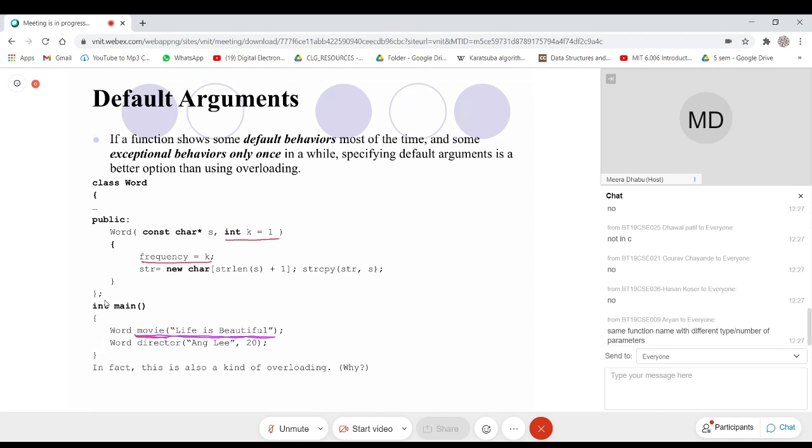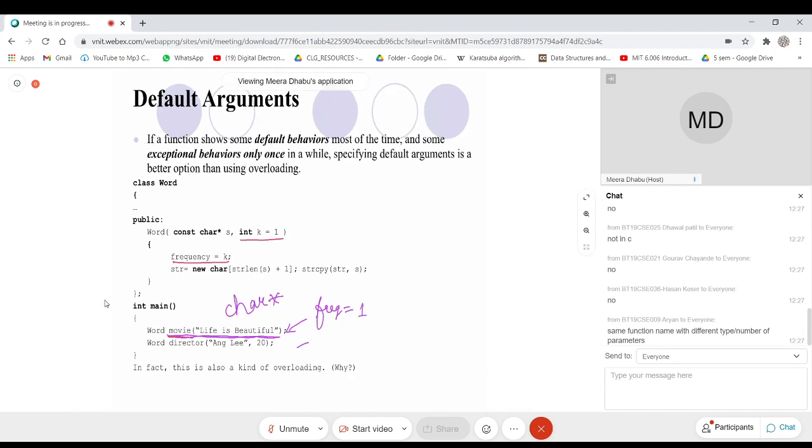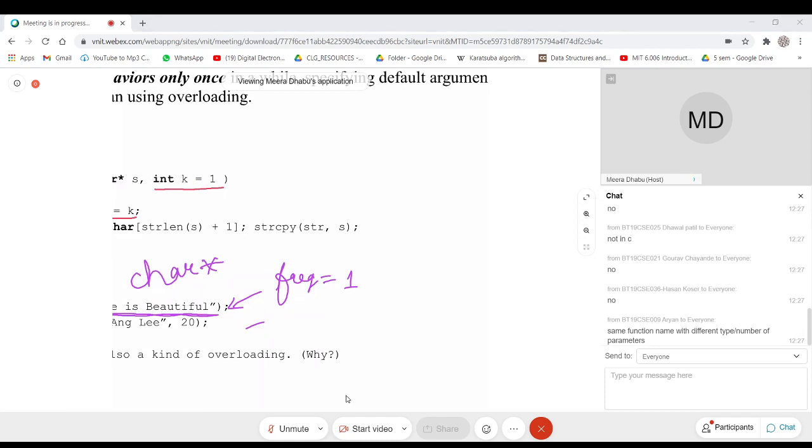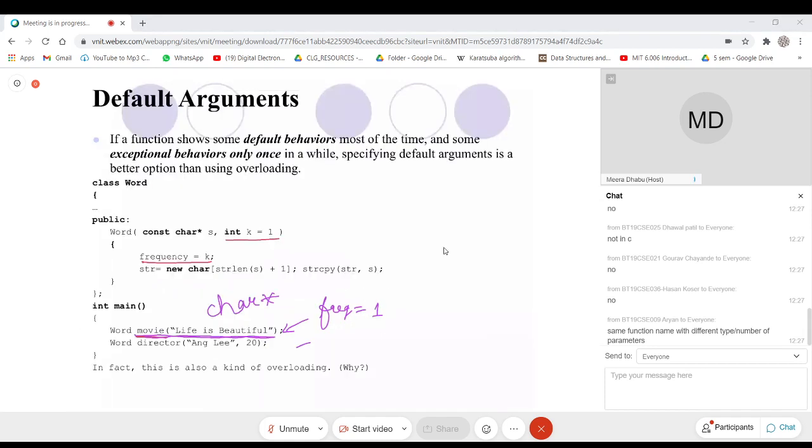Only char star is passed. But if you try to print the fields, you will realize that the frequency is automatically set to 1. So this default argument can be set over here in the parameter list.